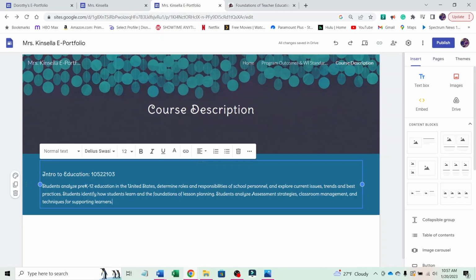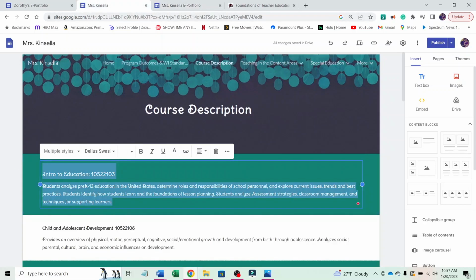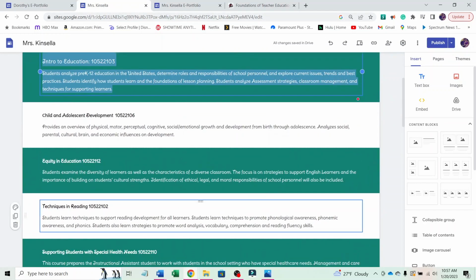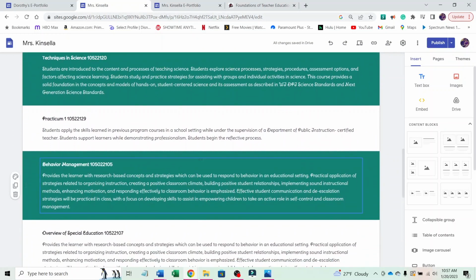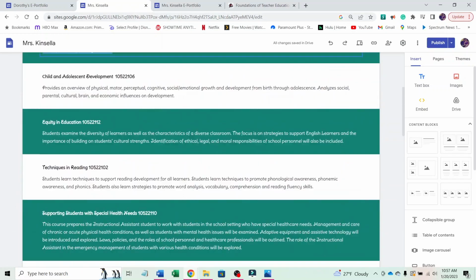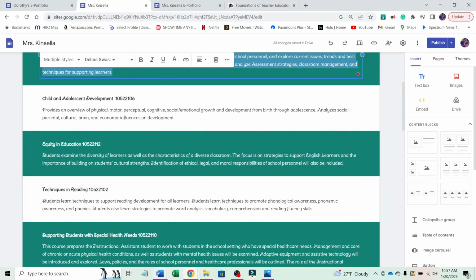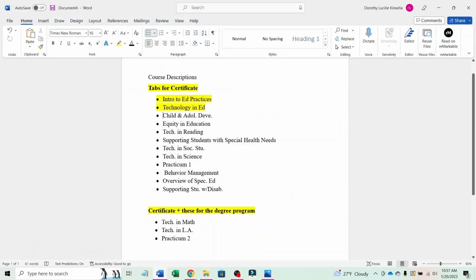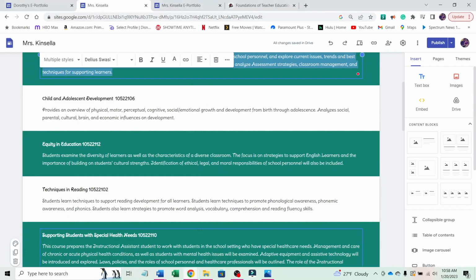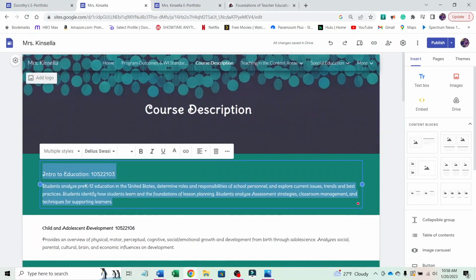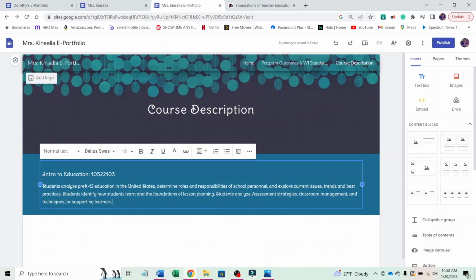You're going to do this same step for all your course descriptions for your degree, except the ones that are not on the list. This list, like your English comp or your business math, you don't need those. You just need the ones for your program with Shelly and Patty. Then your next tab will be